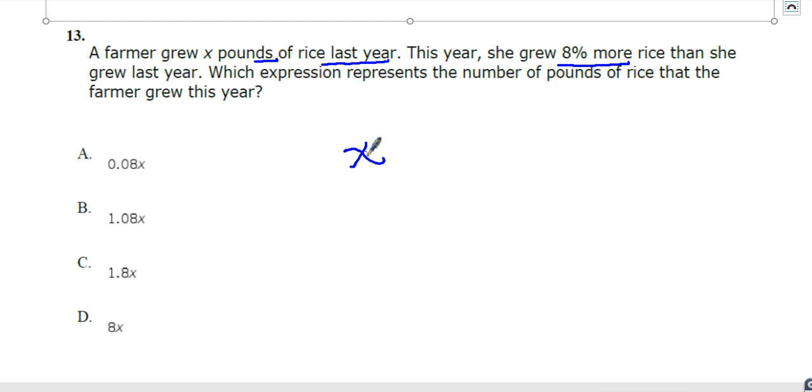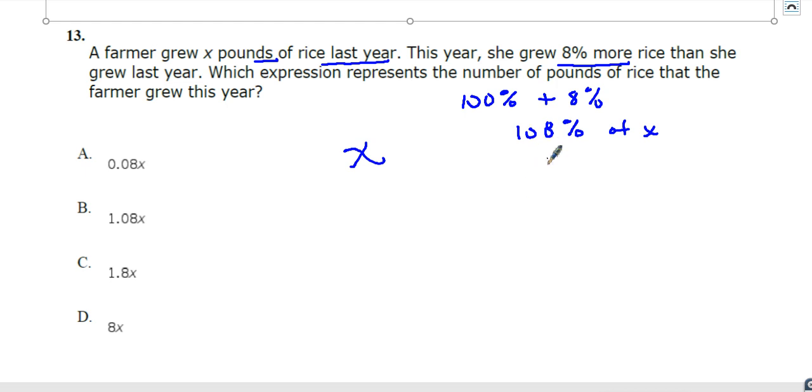So X last year was 100% of what she grew. Then she grew 8% more, so plus another 8%. So whatever she grew last year was 100% plus 8%. So altogether, that would have been 108%. So this year's total will be 108% of X. So that's